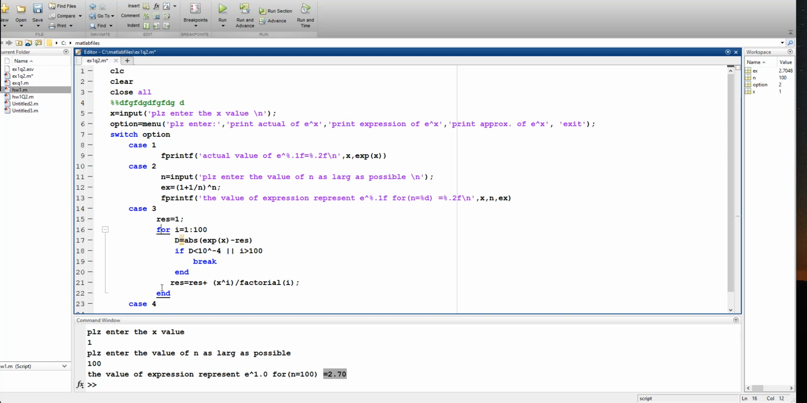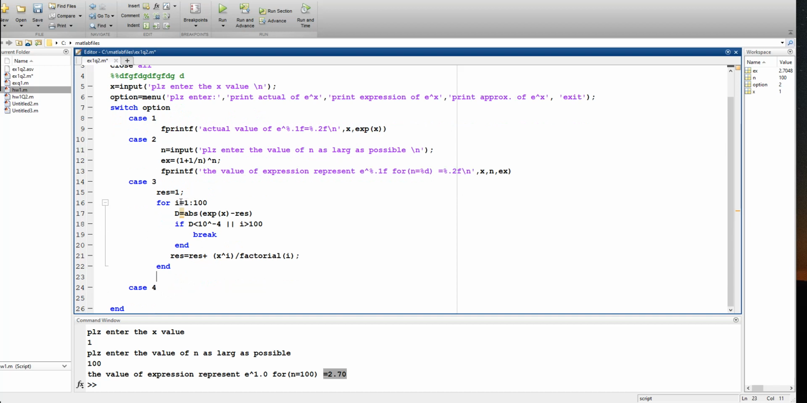This is the end of the for loop. Okay, it will break the loop directly and go outside to here. Now we want an infinite loop. How can we say infinite loop? We can use while instead. While, we can say while 1,